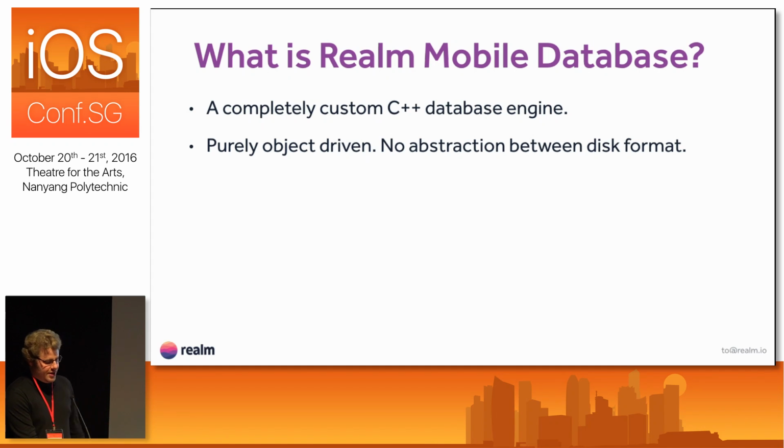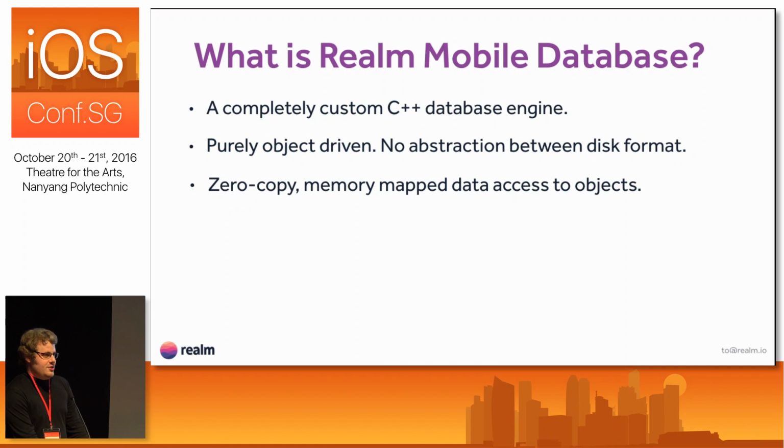It's just objects all the way through. Another cool thing about it is it uses a lot of interesting memory map techniques to provide a zero copy experience, which means when you have an object you're working with in your own code, you're not working with a copy of your object, you're actually using a pointer that's pointing straight to the entry memory mapped to disk. So you're actually getting a very nice, fast experience because there's no overhead of copying and there's no actual memory